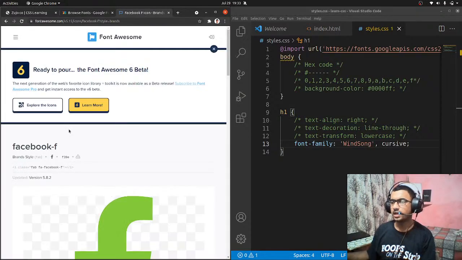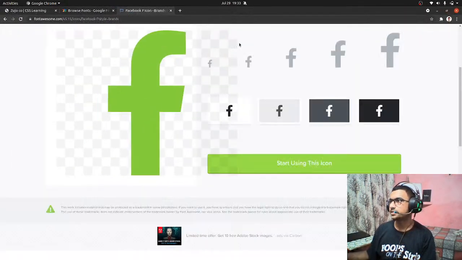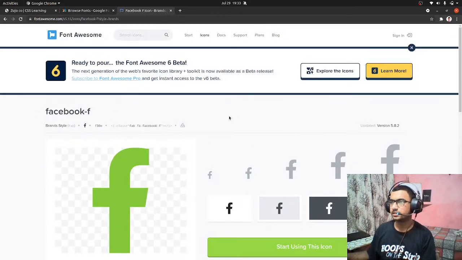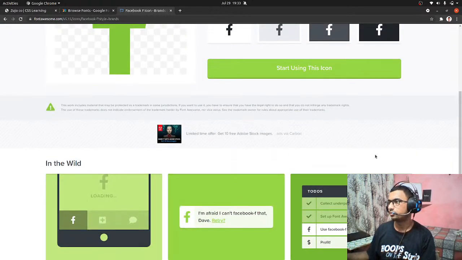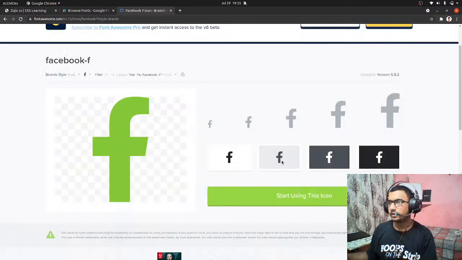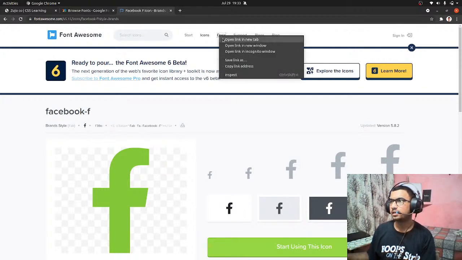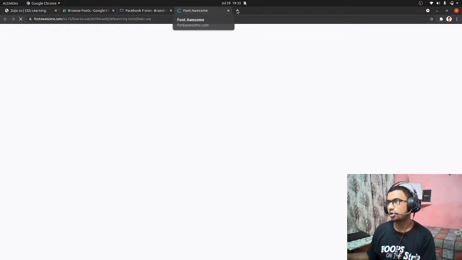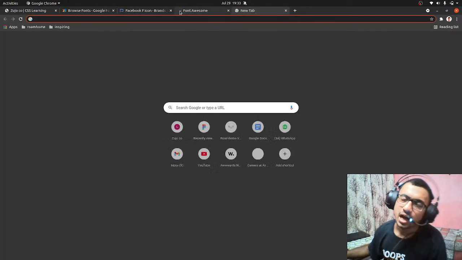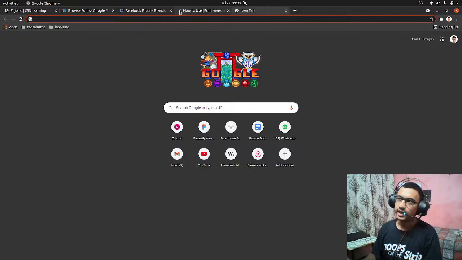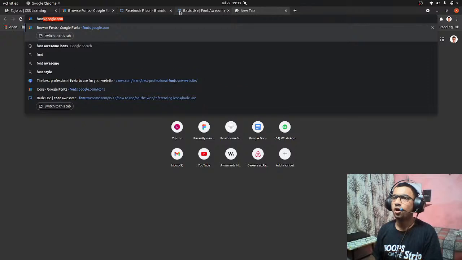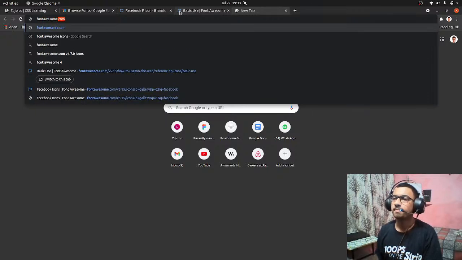So let me click that icon, and let me share my full screen so that you can easily have a walkthrough. Okay, right. The main thing you have to do is, first of all, import the script. Let me get the docs, or you have to do one or two steps to get a particular icon. For example, I'm searching for Font Awesome